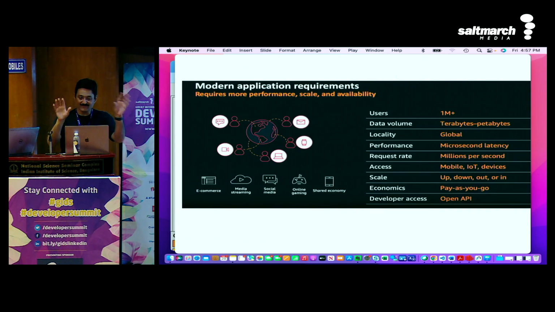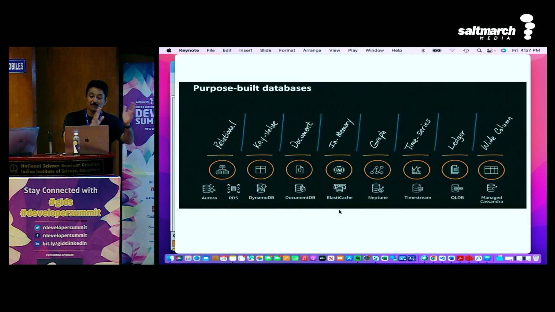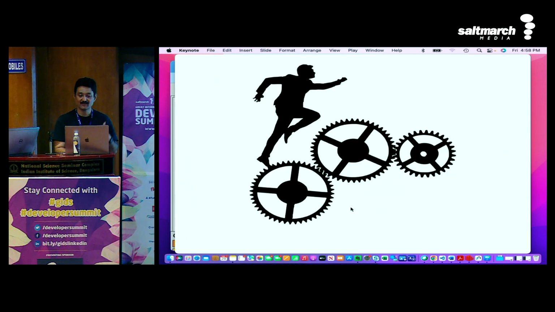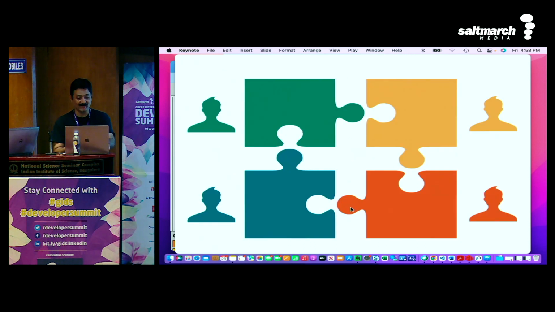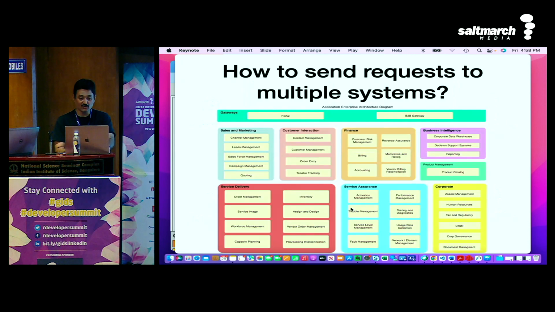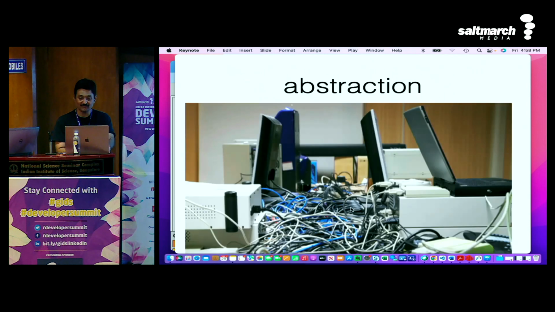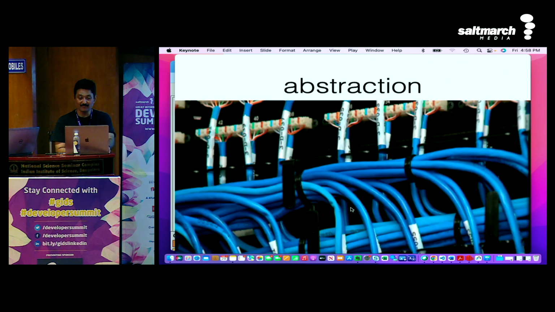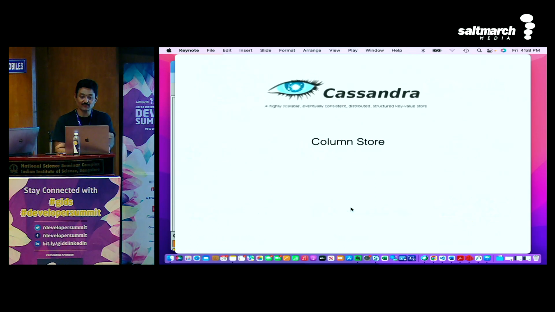So what that modern application is, 1 million values are there. That means you pick and choose what you want. You want time series, you want graph, you want in memory, you want document, you want key store, you want relational database. Depending upon the frequency of the call, you pick and choose what you want from this. It's like a memory, integration memory which comes in. That's where we need to do integration. How do we integrate between different systems? Abstraction is there. How do we make sure we get a good, faster implementation for us? That's what we'll look at.